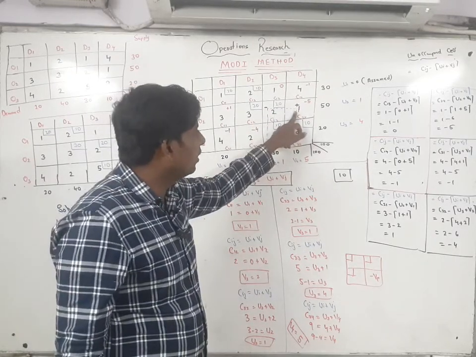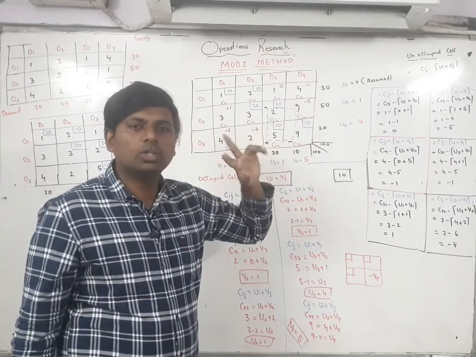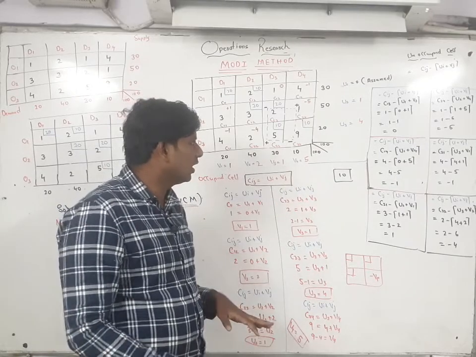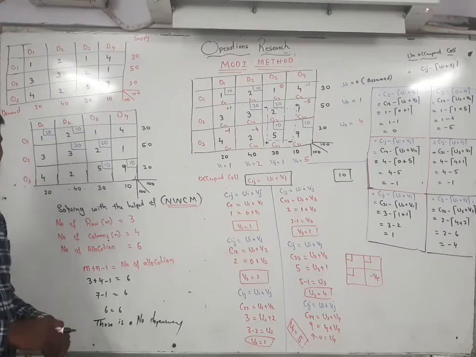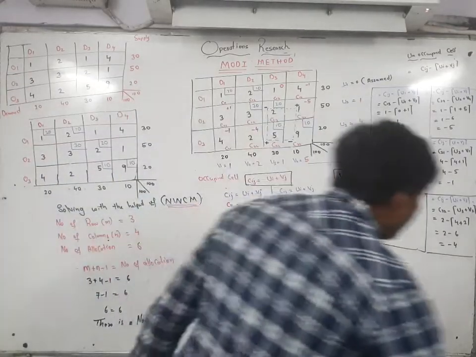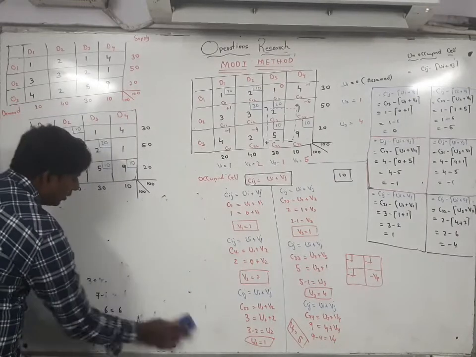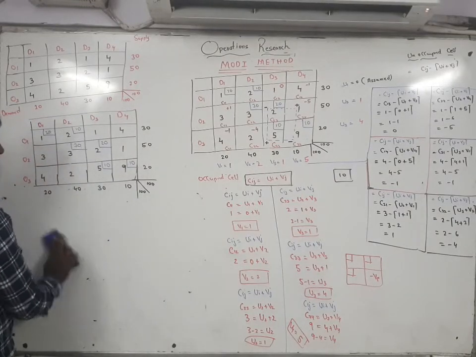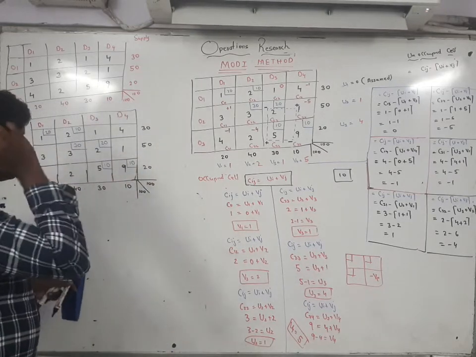When you selected this one, beside that 20 is there, beside that 10 is there. In that, which one is the least? 10 is the least. So 10 you have to select, and you have to project. Where you have to project, I will show you. See here, you can project here. Over this one, again you have to write like this.